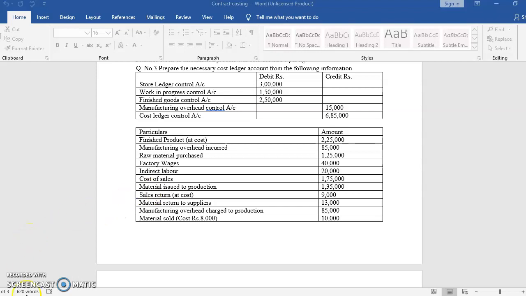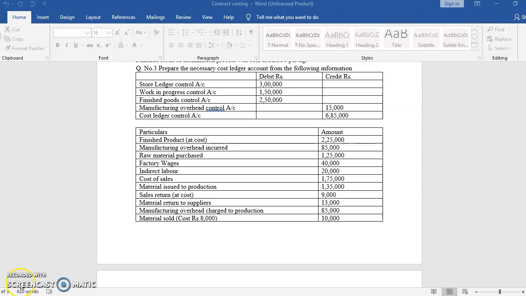Okay. So after all the posting is done, we have to close the ledgers one by one. First of all, we have to take the store ledger. In the store ledger, you will get the balance on the credit side. Then work in progress, again you will get the balance. Then finished goods, again credit balance you will get. Then you have to close the wages control account, which is already closed. If you see the wages control account, both sides will be the same, 60,000, 60,000, because when 60,000 came from the cost control, you distributed direct wages and indirect wages, 40 and 20.